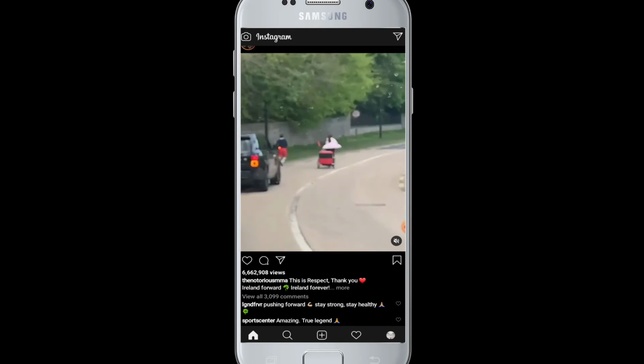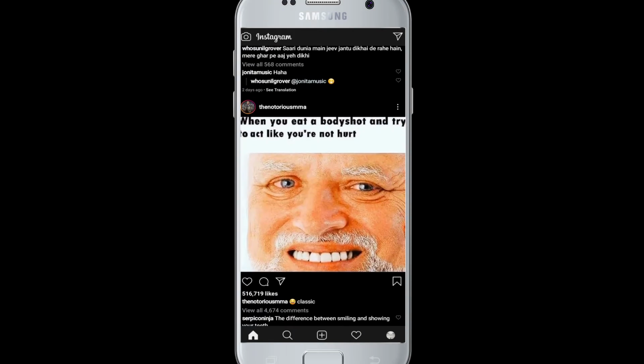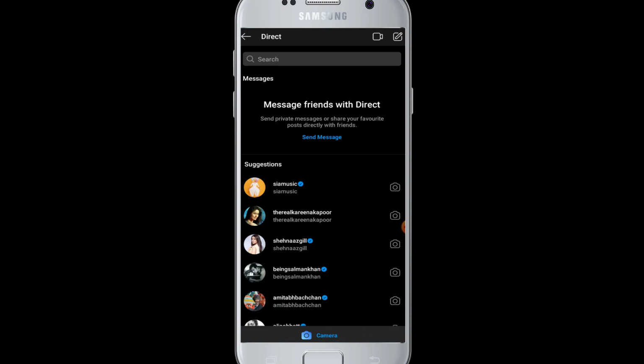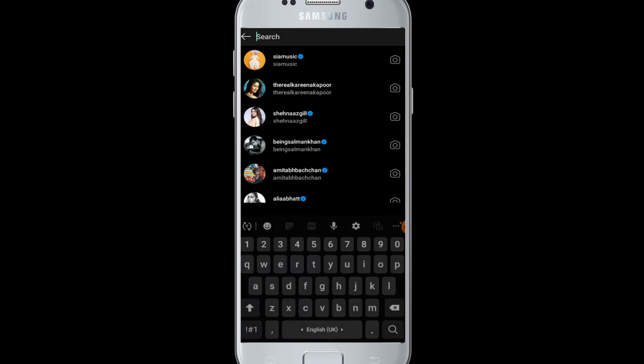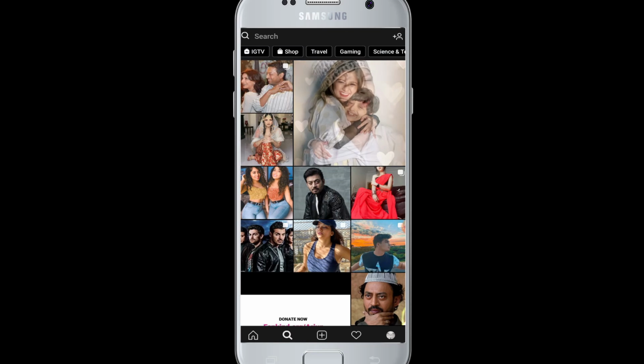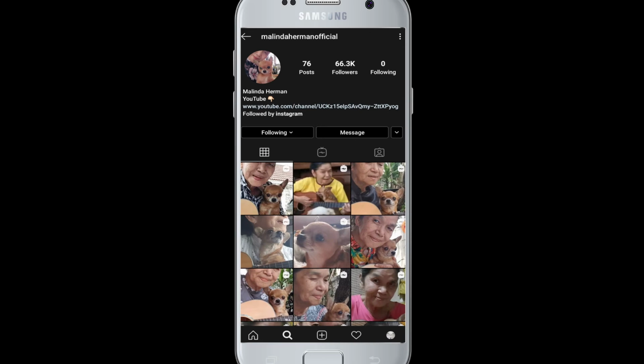So, first of all, you must be logged into your Instagram account. After that, you can simply swipe left, see the direct message section over here, and search for your friend, then message them. You can also go to search one of your followers, someone you follow, and then you can